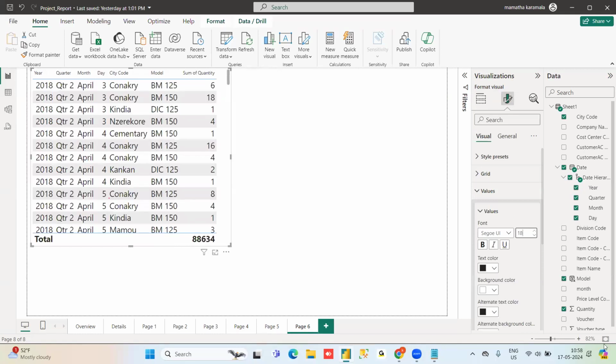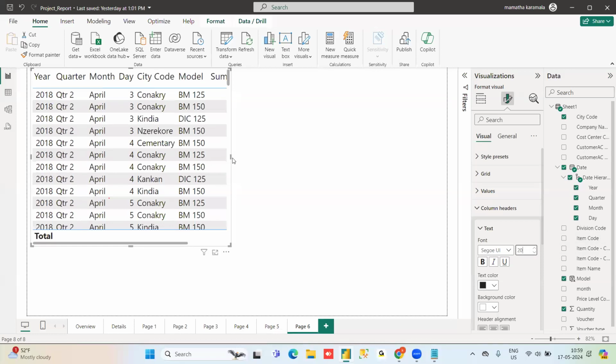I want to even change this, set 20. Or else I can do the same thing in a different way.